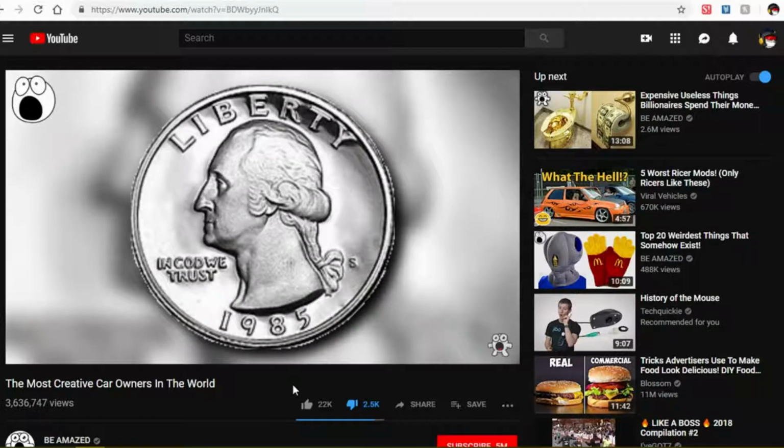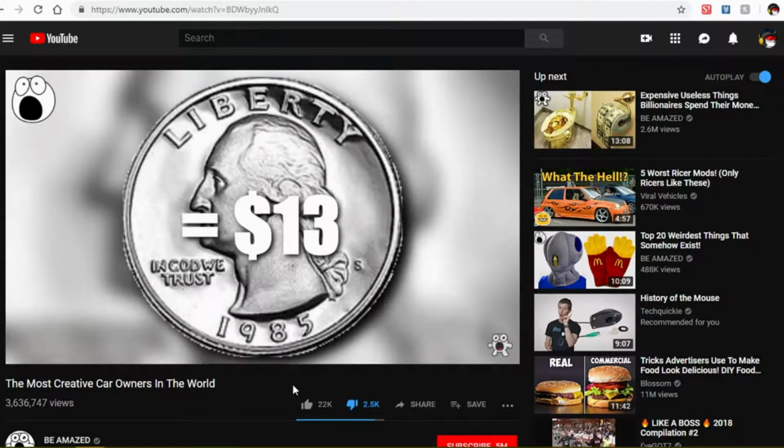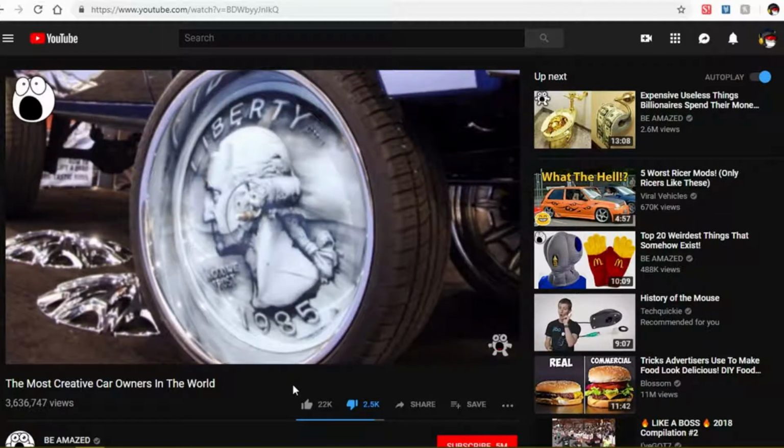A 1985 US silver quarter in mint condition is valued today at roughly $13. It's highly collectible, and this car owner, who spray painted a replica of it on...